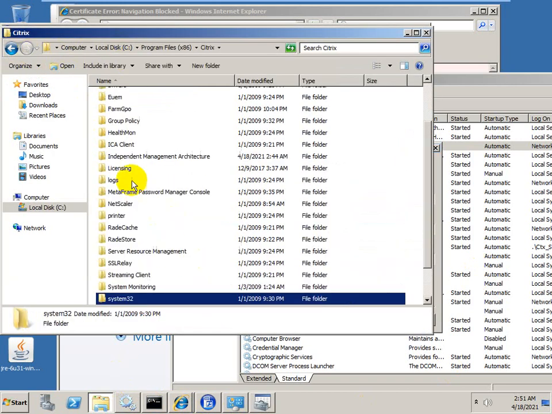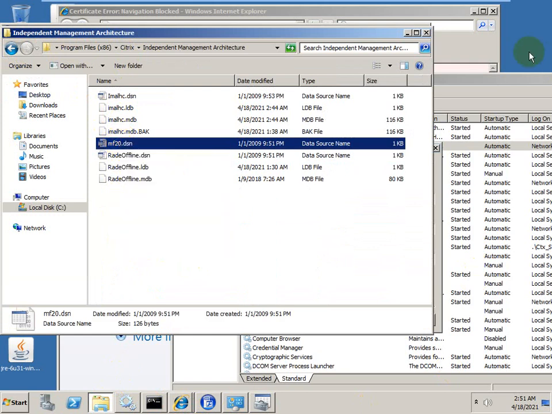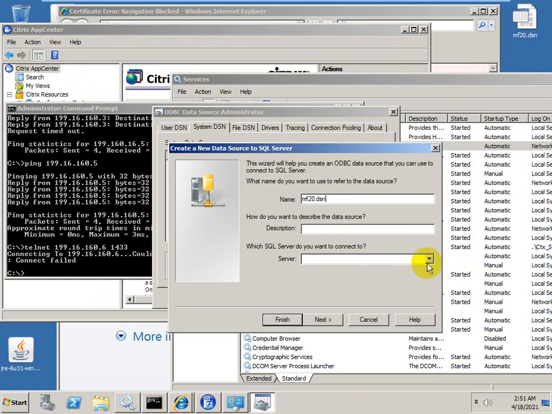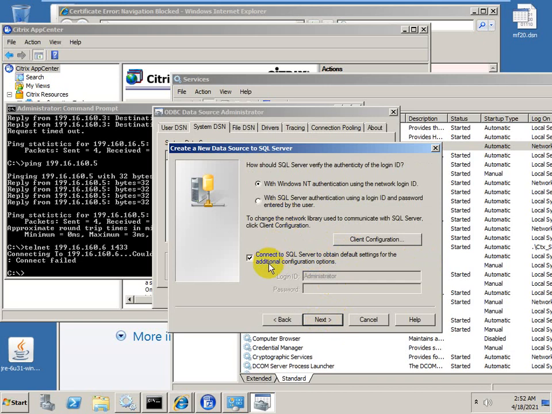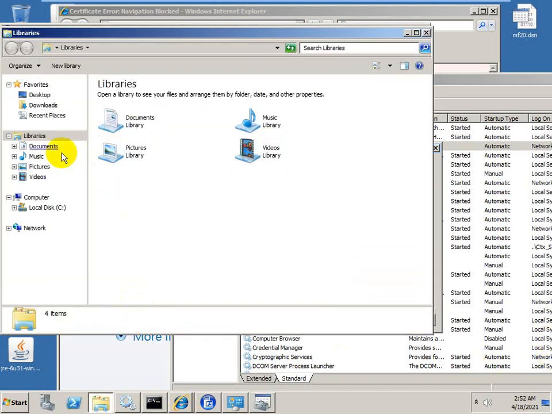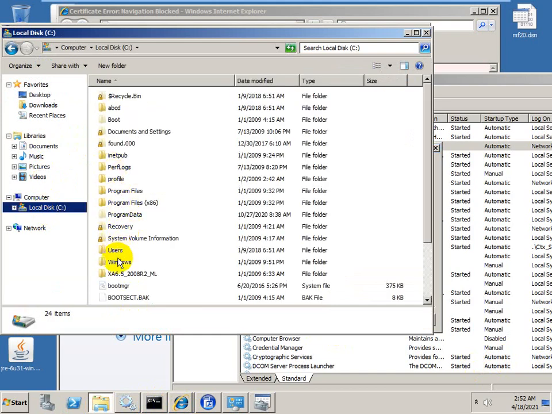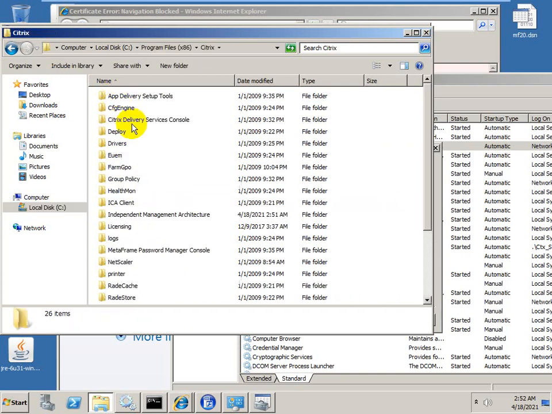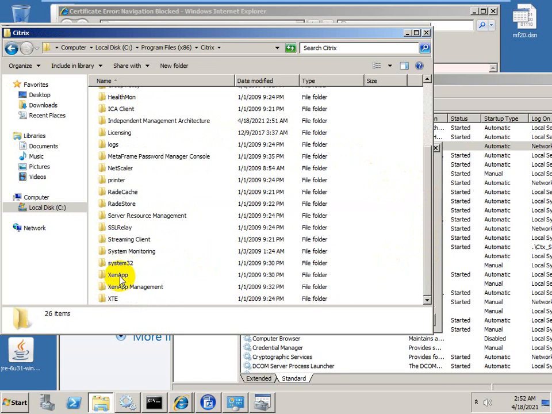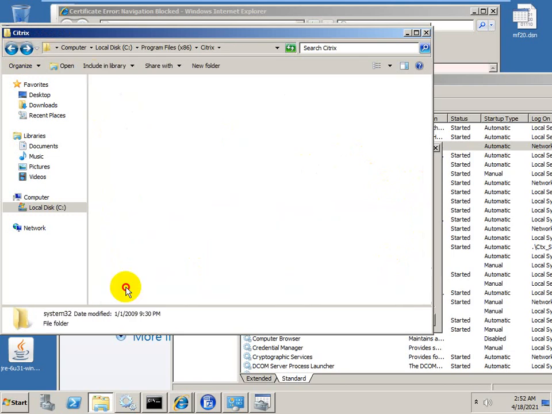We'll cut this file. Okay. And apart from this, we can check your Citrix, 1586 Citrix, and system32.